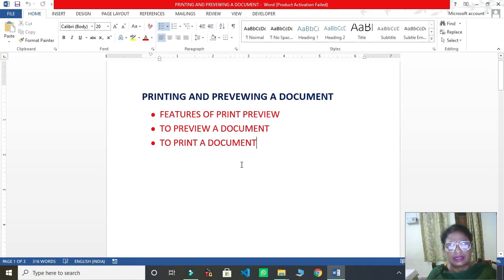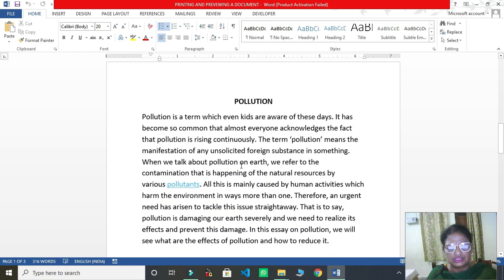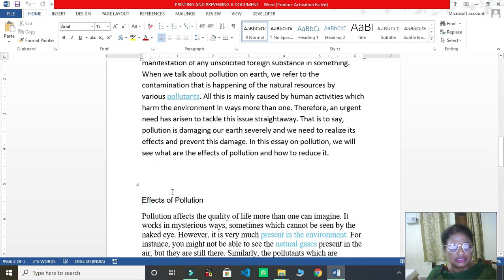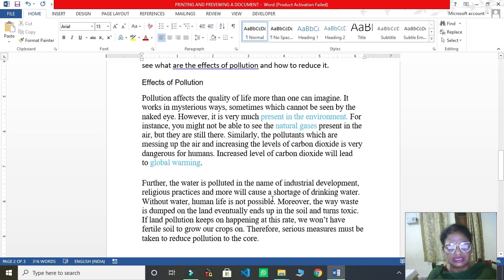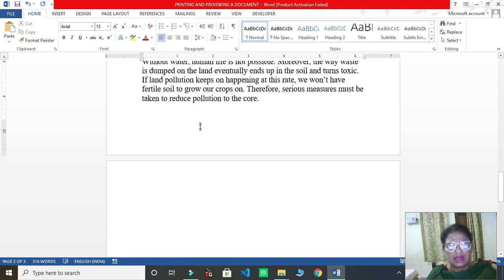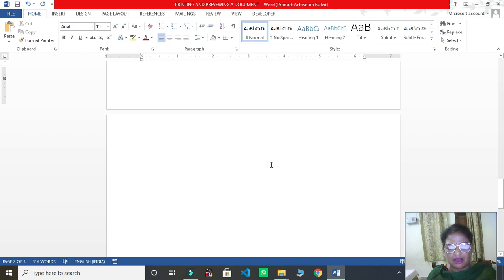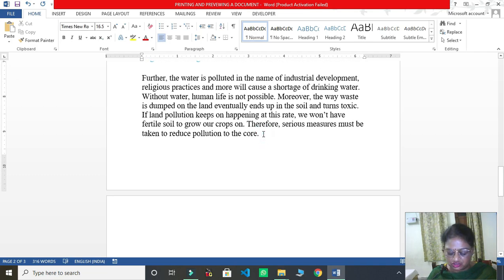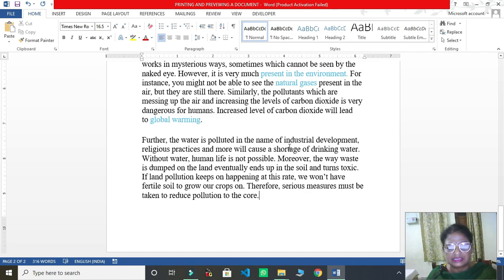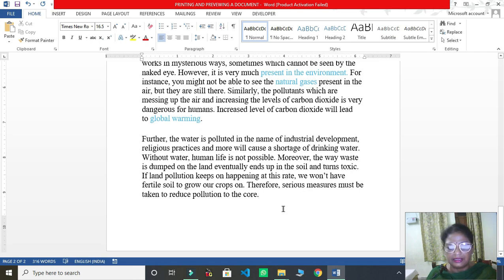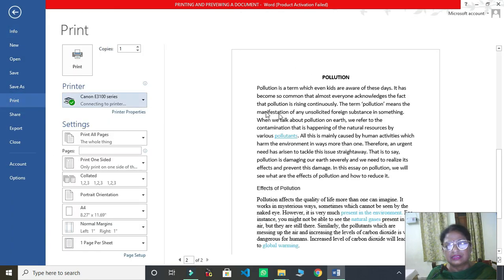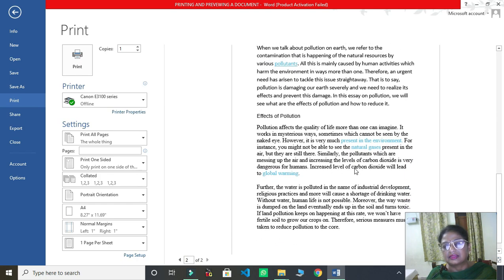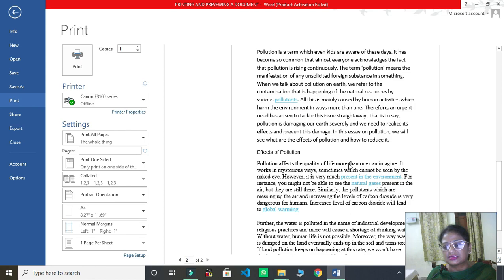So let's go back to our document and we'll make a change. Click on this arrow and come back to your document, and now you just see here is the space. So you just press the backspace key and move your text up. Automatically you see your text is moved upside and this page is now empty. So you can even delete this page. Just press the delete key and you will see the third page is automatically deleted. Now again we'll preview. Now it is coming. I think it is okay, fine.